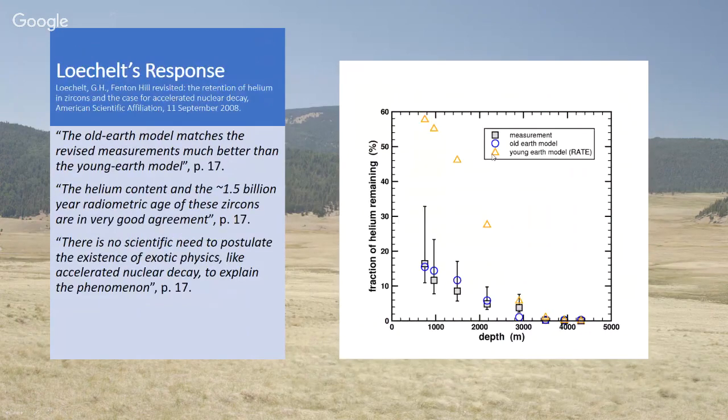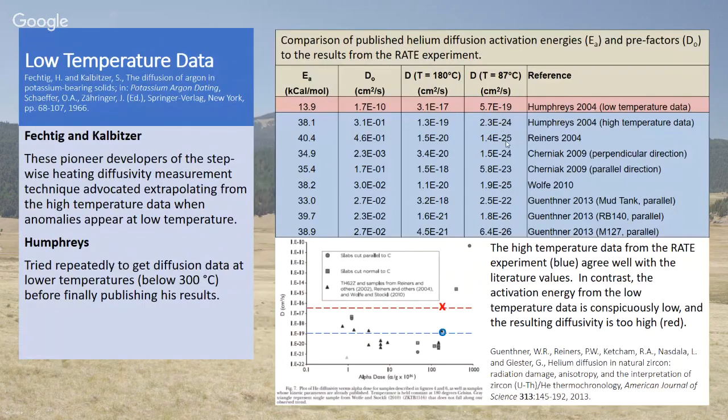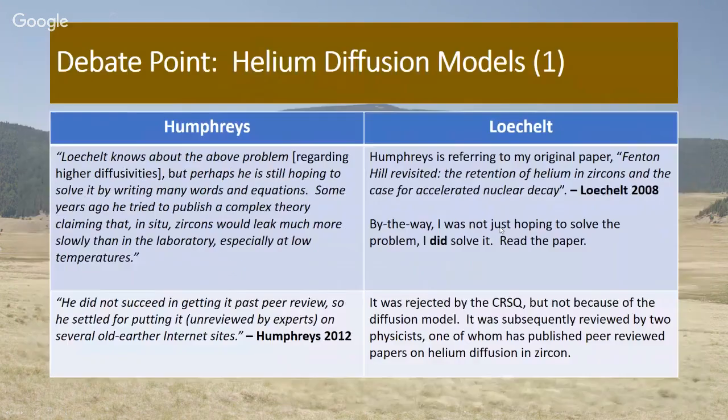Well, if you look at this table, it's pretty obvious. This is a fact. If I compare this number to that number, it's a factor of 5 orders of magnitude. So this 5 order of magnitude difference is really manifested in just the difference in the diffusivity at low temperature. And you can see the number they use is much higher than everyone else's. And so really, okay, let's move on with the debate.